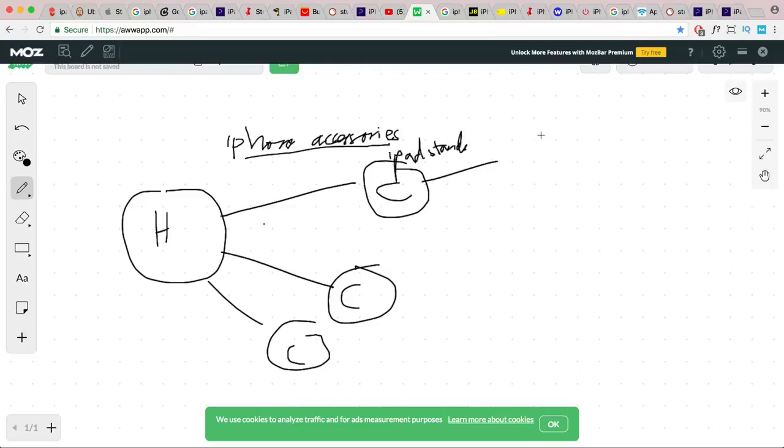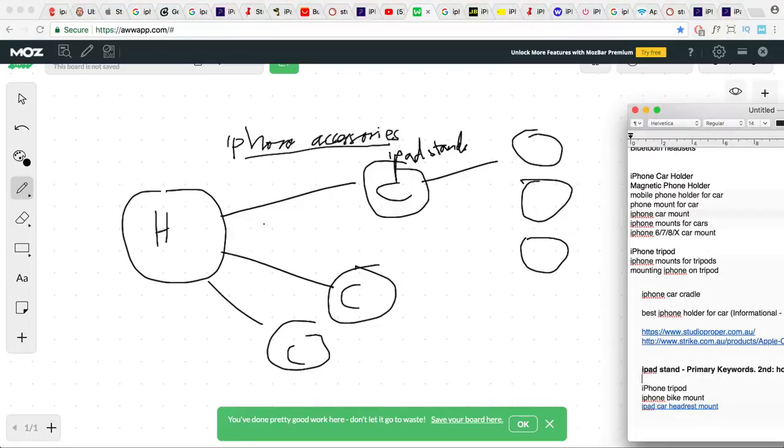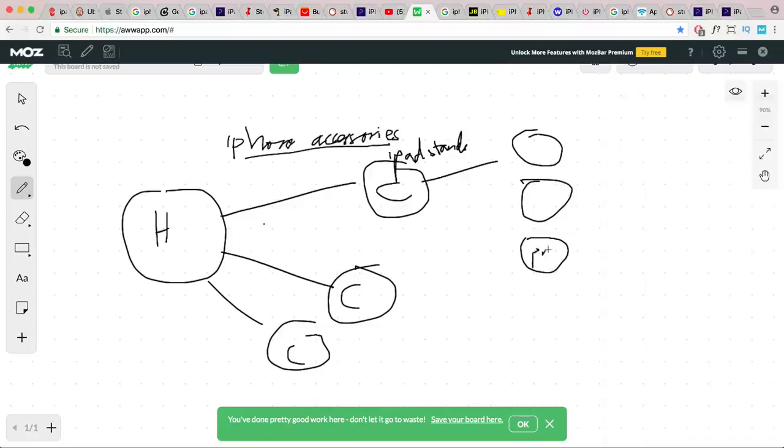And then within that category, you'll have different variations of that stand. So you might have a stand for the iPad Pro, one for the mini, or one for the Air,